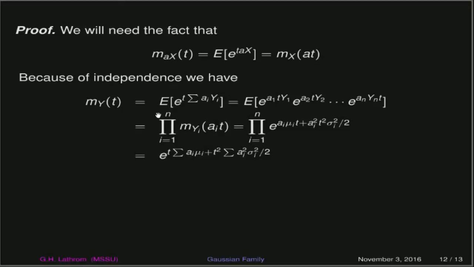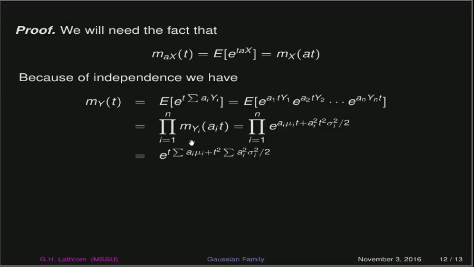Now, if we look at the expected value of y, then that's going to be the expected value of all of that linear combination, so t times that linear combination. Well, if I distribute the t, and then using the properties of our exponentials, I can separate that out into this product. Now we use the fact that we have independence, and again, this is another property that we talked